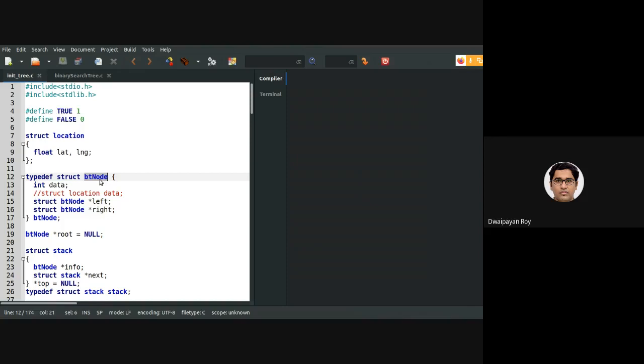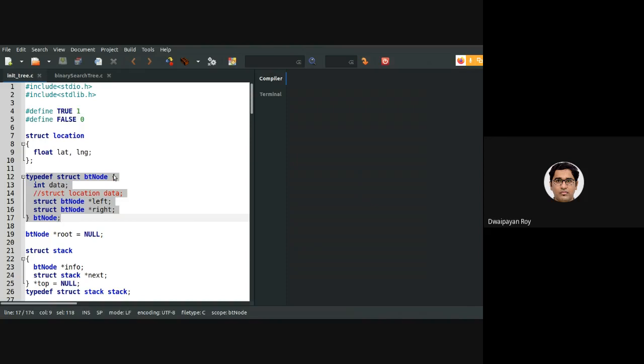Actually, no. We can reuse this because essentially what we need to store is the data, the address of the left subtree and the address of the right subtree. So from the point of view of defining the abstract data type, there is no actual implication of the condition that the left subtree will be containing lesser values, the right subtree will be containing higher values, and so on.